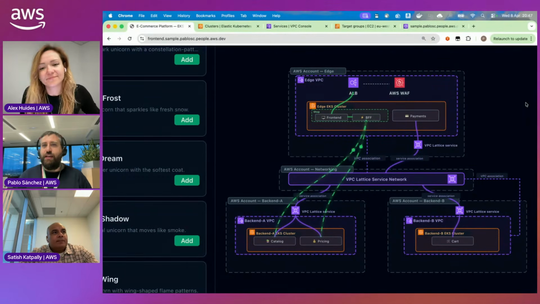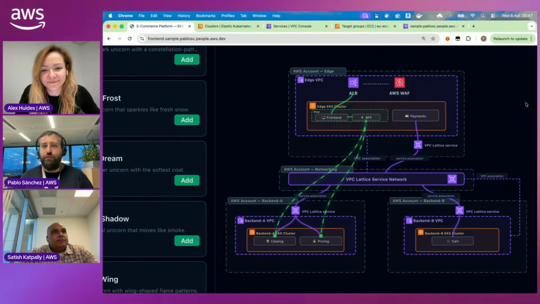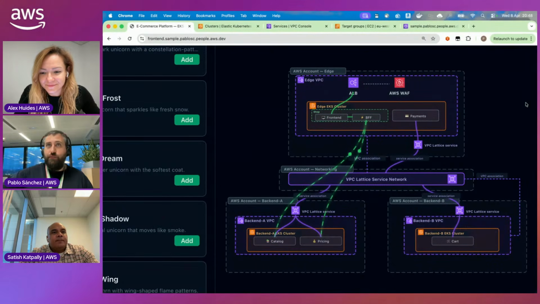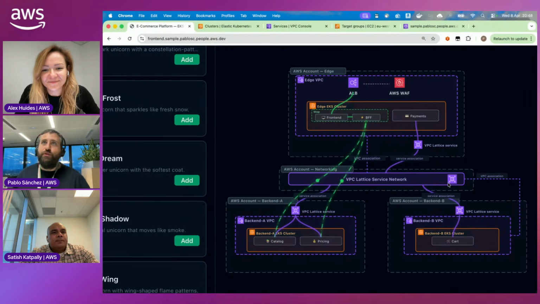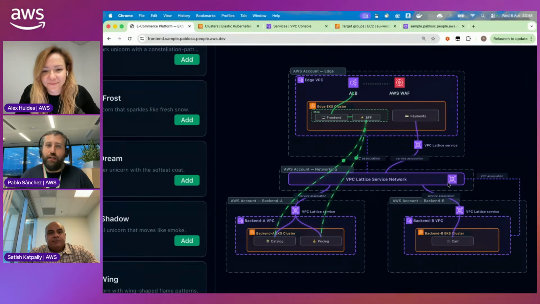So now, of course, the only way to connect to payments is through VPC Lattice, where I'm not doing it, but you can put more granular controls. You have the access log, so you have the visibility from either the owner of that service or the owner of the service network. That can be the same person or a different person, but you have all the visibility, and also you can have that extra control that otherwise you need to do through IP, and then you have extra processing, extra infrastructure. This is a much cleaner and faster way to connect those services within AWS.